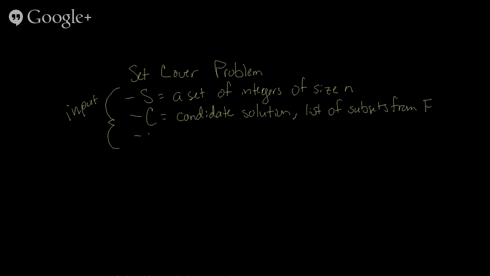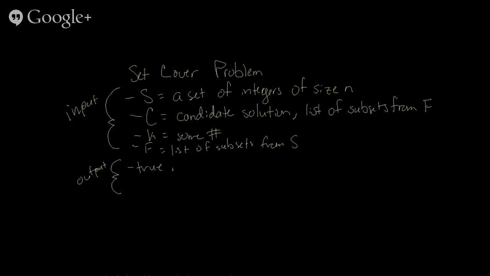You want to know what your K is. And again, that's some non-negative integer. And you can put in F if you want to. So you also want F, which is your list of subsets from S. So we had S was 1, 2, 3, 4, and then we had F is 1, 2, and 2, 3, and 4, and 2, 4, etc. You can use that as well. So anyway, you have input, and you have your output,